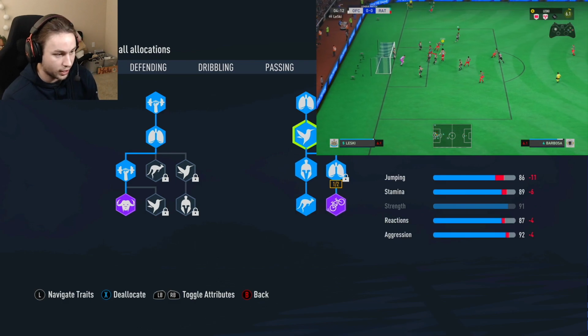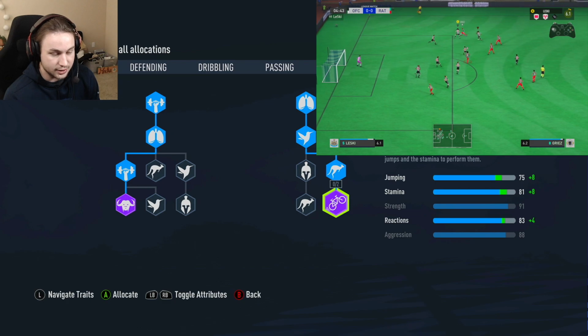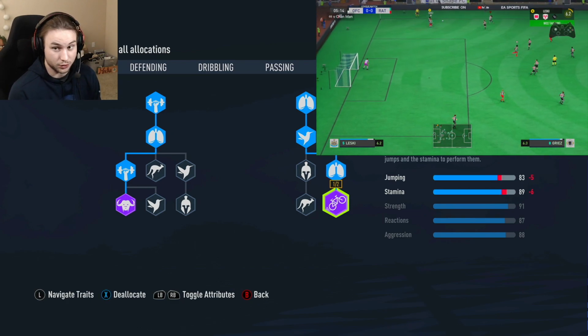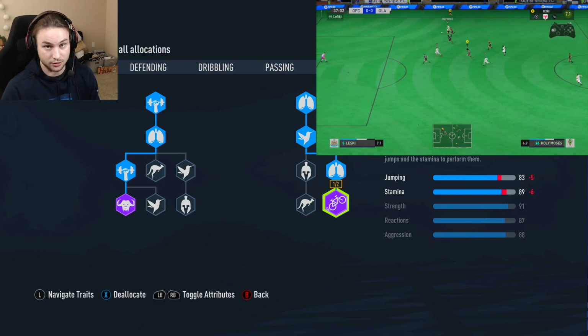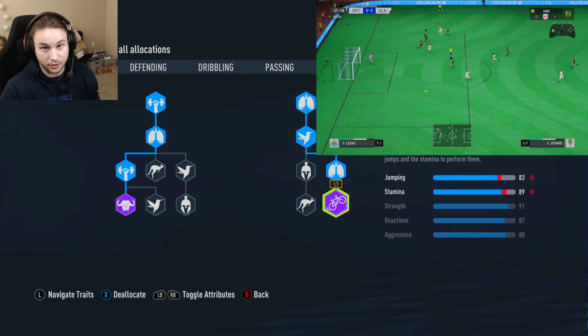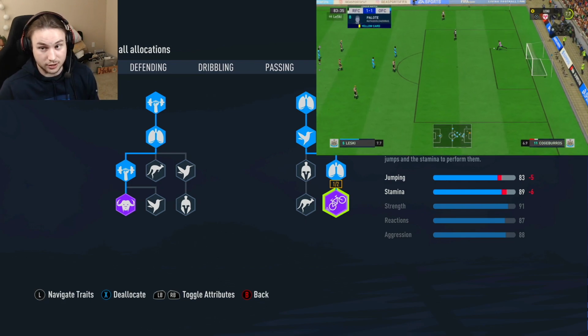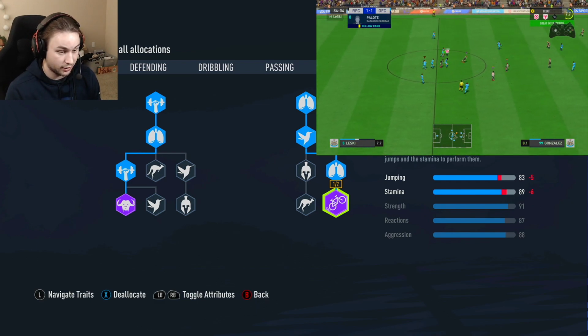And then on this right side, we go all the way down to the acrobat archetype, which is nice. It increases your stamina and jumping quite a bit. So we actually have really good stamina. And the one thing I noticed, if you make a tall center back, their stamina is a lot better than if you were to make a short center back for some reason. So that's another positive for being an extremely tall 6'7" center back like this one, is we have extremely good